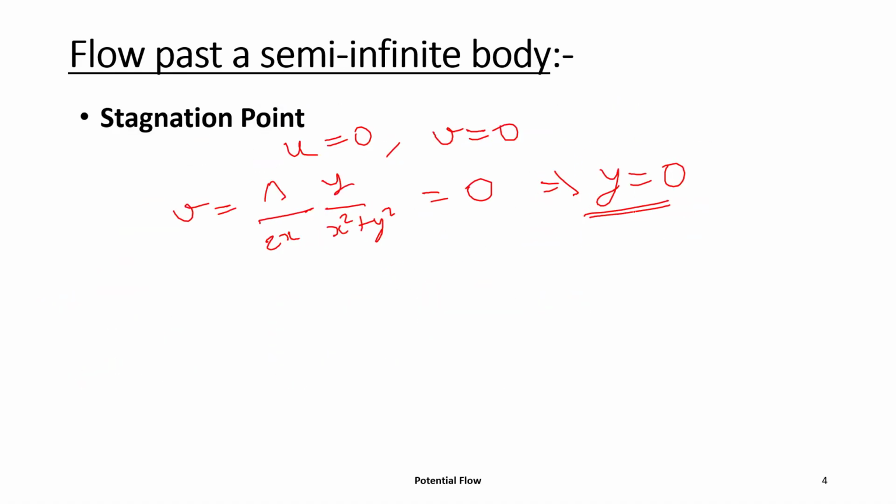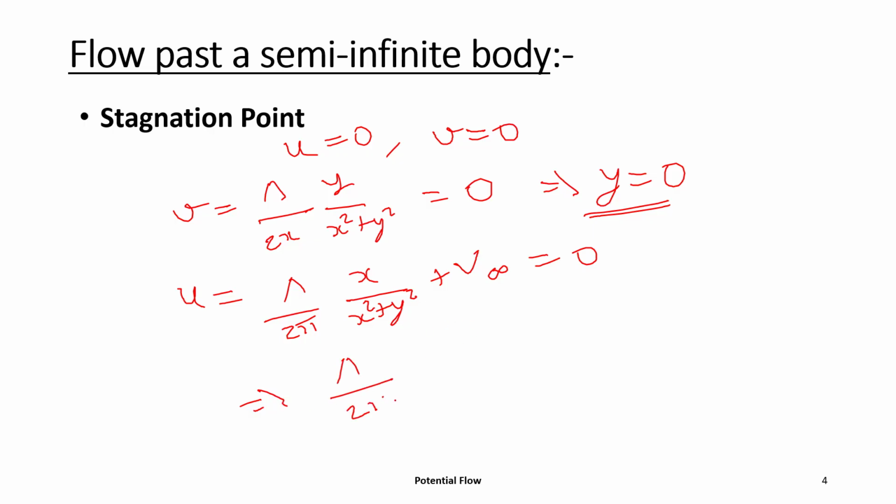So one thing we got, y equal to 0, and u equal to 0 means u will be lambda upon 2 pi, x upon x square plus y square, plus V infinity equal to 0. We already know y equal to 0, so it will become